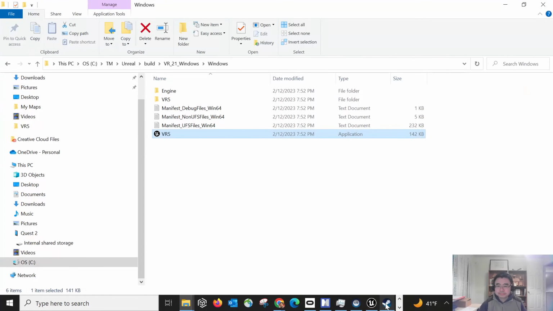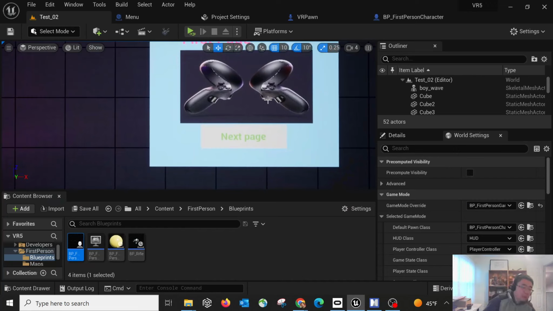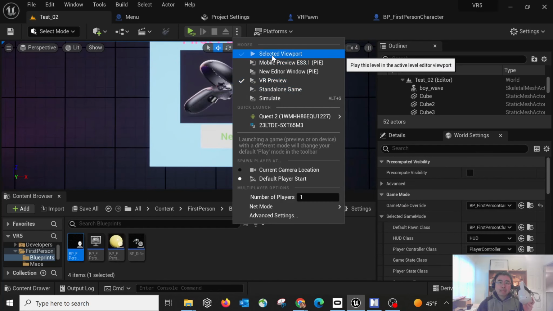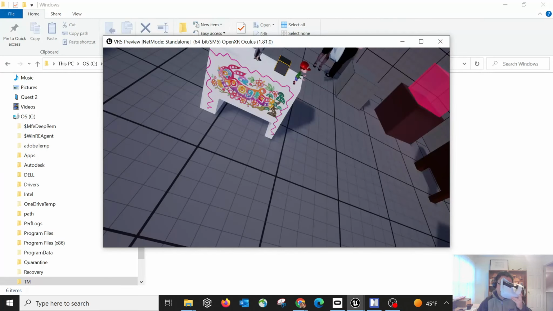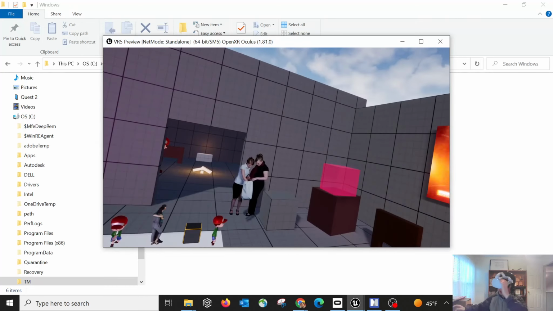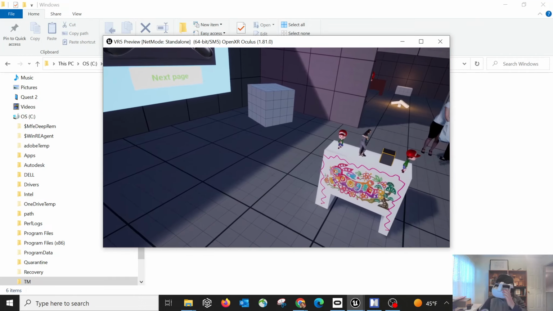Here we go. So now I'm able to do a test. I'm going to run this through the VR preview, and I'm going to run this through selected viewport. Okay, so if I run that, I'm able to see this environment directly through the VR preview, and also